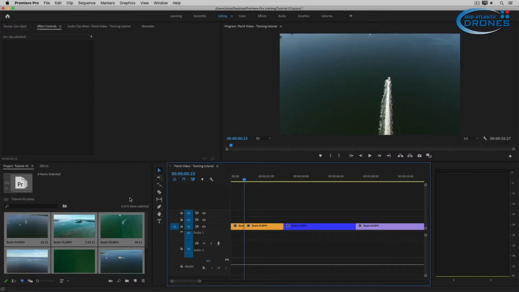So don't forget that if you edit with one hand on the keyboard, another one on the mouse, you're going to be a lot faster. In fact, I know plenty of editors that edit with both hands on the keyboard and very rarely use the mouse. The next tool that we have here is the Slip tool, and if you click and hold,